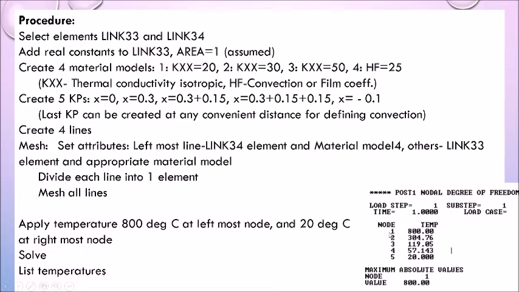temperature. Observe, node 1 is 800, that is the bulk temperature of the fluid. Node 2 is the starting surface of the wall, and node 3 is the interface between the first and second material. Node 4 is the interface between the second and third material, and node 5 is the other end.